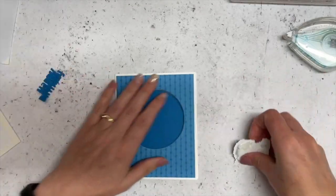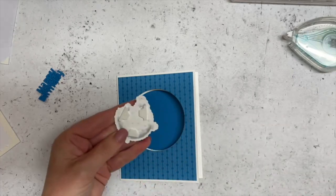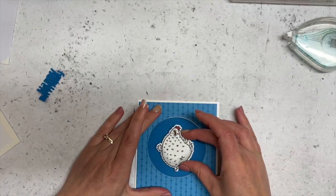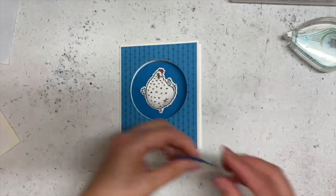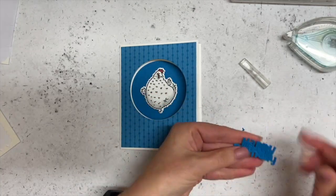So this is such a cute card, and if you've got friends who love chickens, they will love this. You know, there's people who collect cows and people who collect chickens, right? So we're just going to pop our chicken there, doing the little happy dance. I'll just poke out these little remainders with my